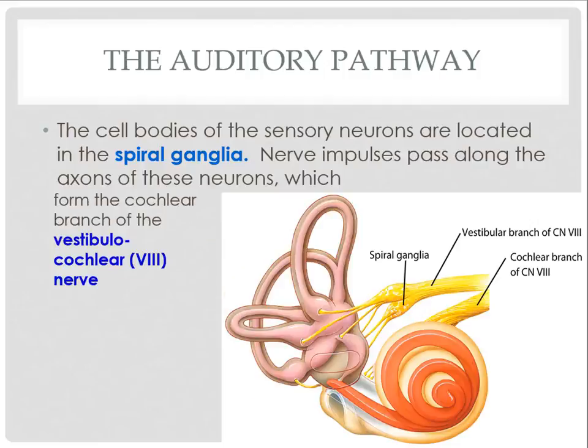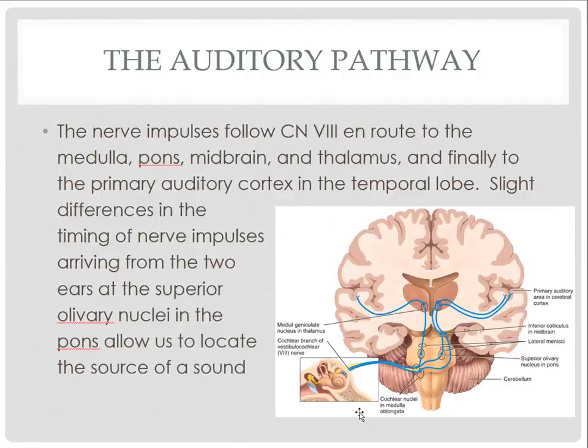Now, the cell bodies of the sensory neurons are located in the spiral ganglia, which is part of the branch of cranial nerve 8, known as the vestibulocochlear nerve. Those first-order neurons then project over to the cochlear nuclei of the medulla oblongata, where the second-order neurons travel over to the thalamus, the sensory relay area, and then the third-order neurons project over to the primary auditory area